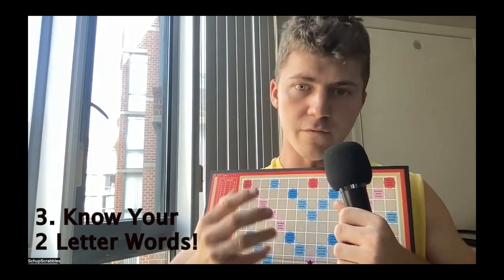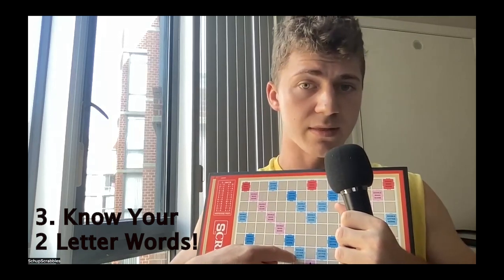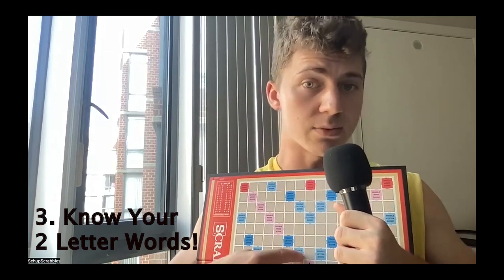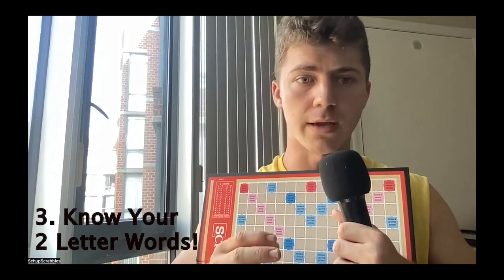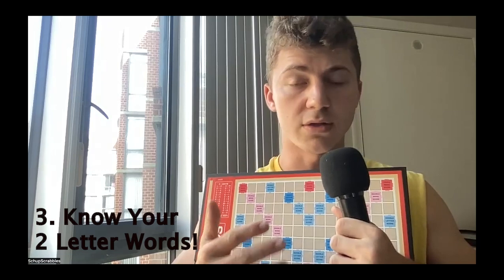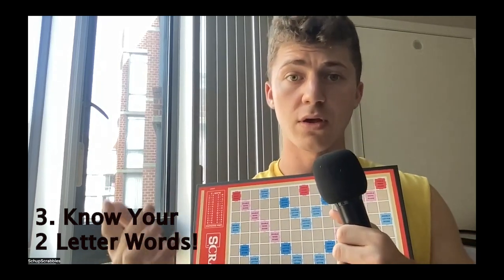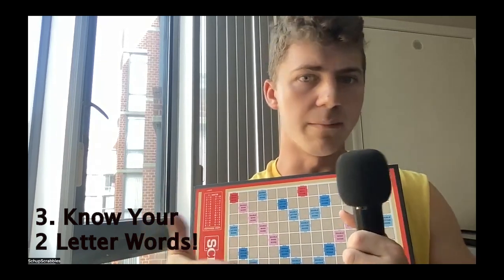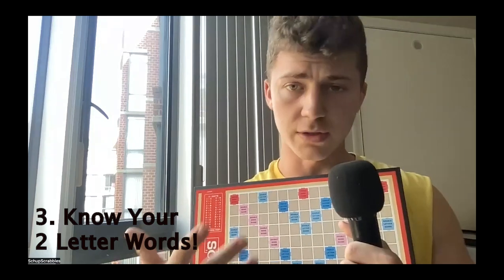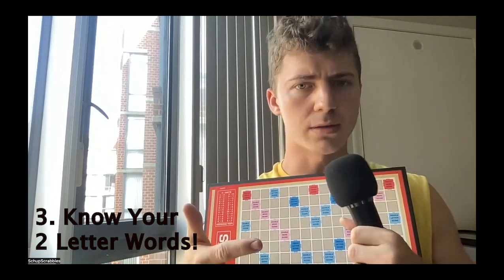The same 4 letters, MOVE, going across this way, as opposed to this way, is worth 12 more points. That's the value of knowing what your 2-letter words are. There's a whole list, and I'll put it in the description of this video so you can know exactly what it is. But it will immediately make your game more versatile, and it will allow you to create better words